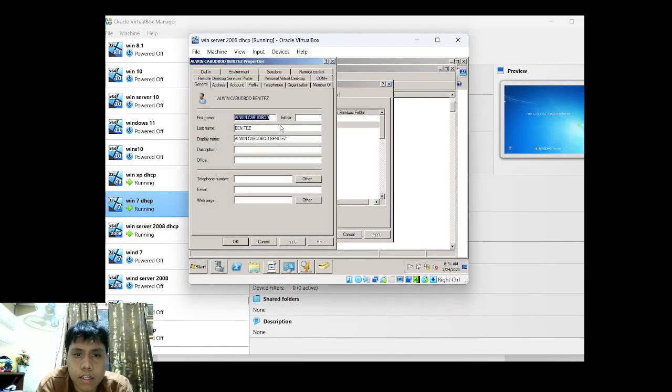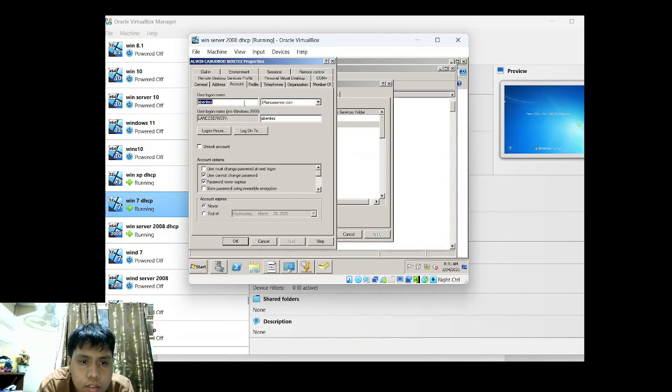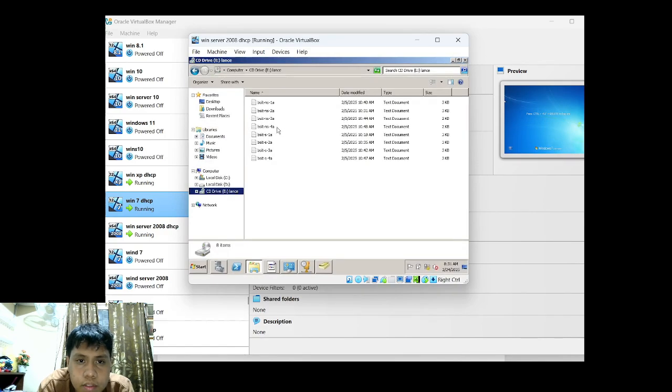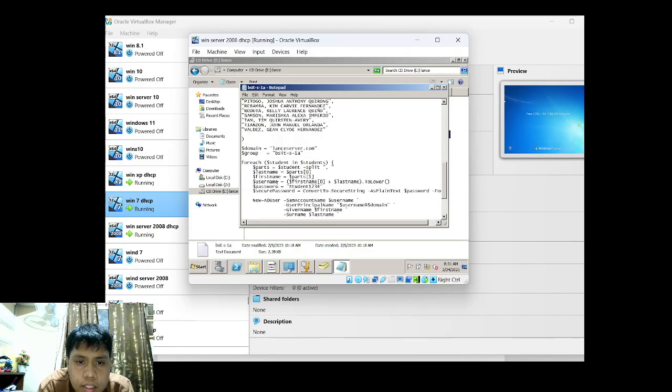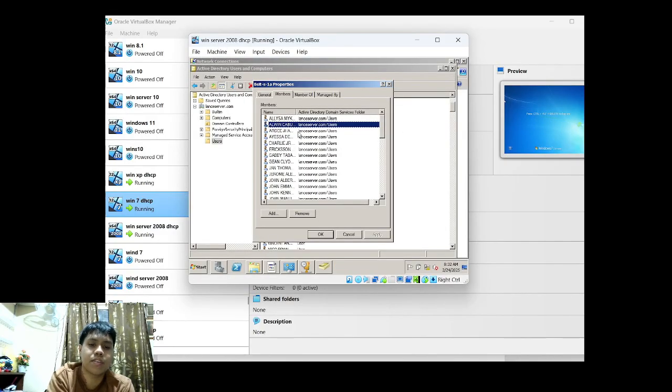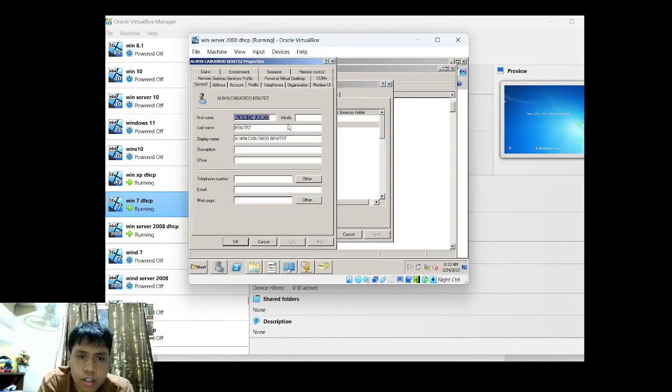We need some account here, then the server here, the notepad. The password of all is student1234. I have a tutorial for this when you need to put all of this in by PowerShell. That's the account.